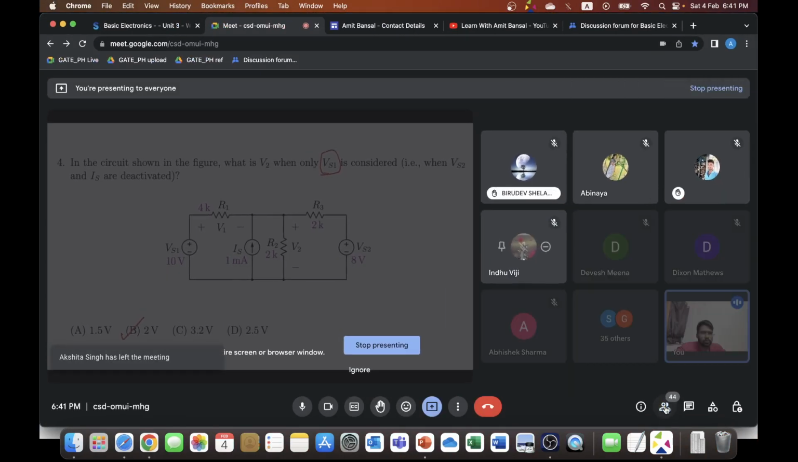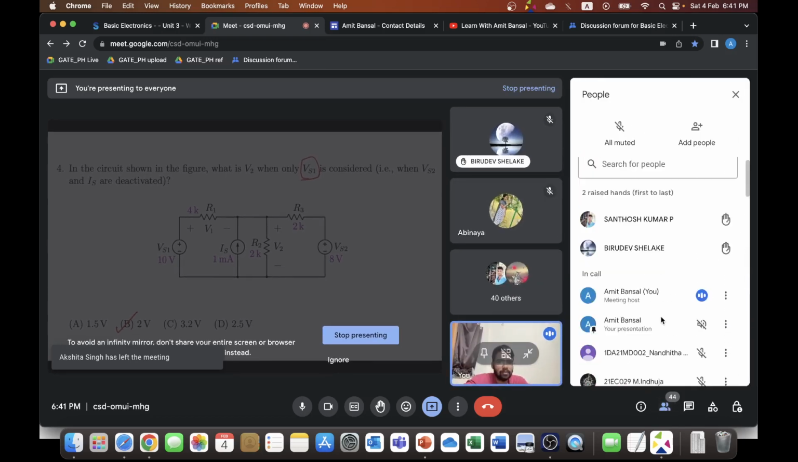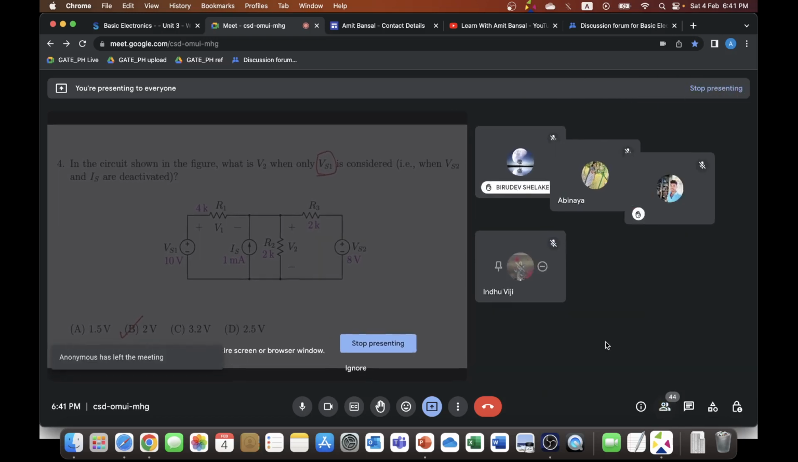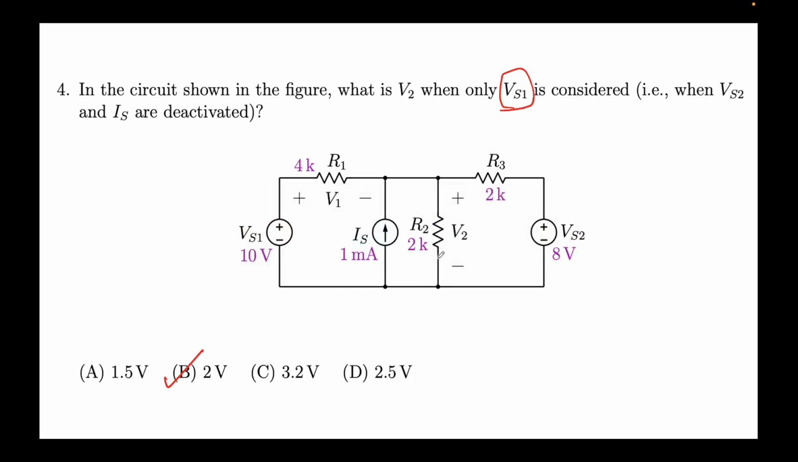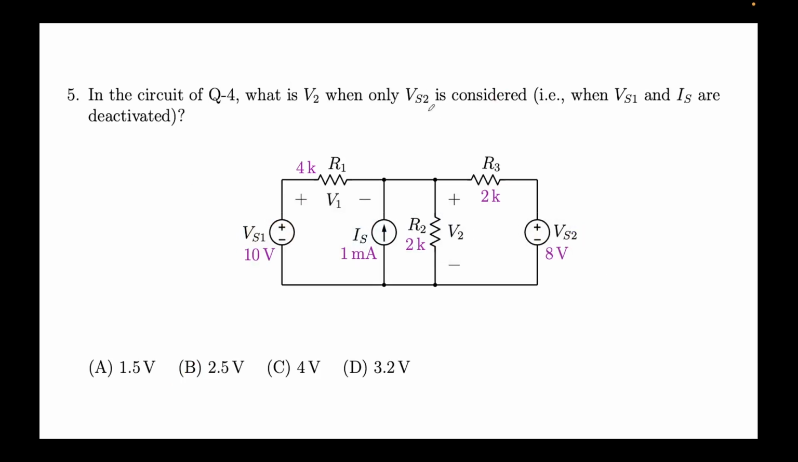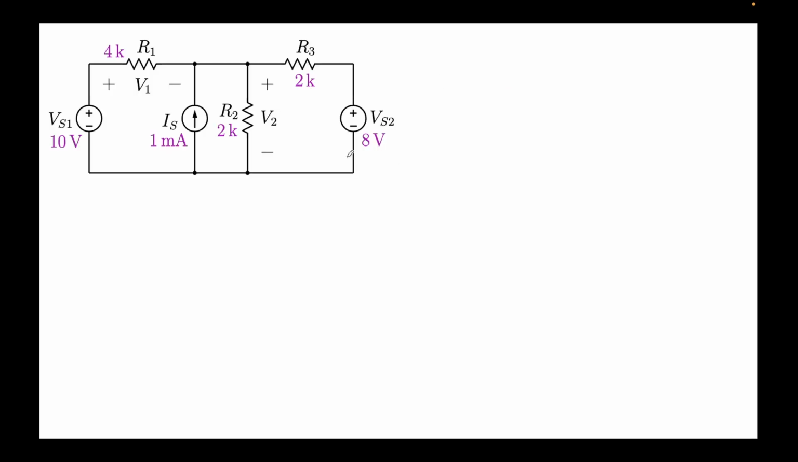Yeah. So that's the first part of the problem. There are other parts also which we'll go through now. So this is only VS1 we had considered, right? Now the second part of this question, we only consider VS2, right? This is the circuit diagram. Now we have to only consider VS2, which would mean that again we are required to find V2